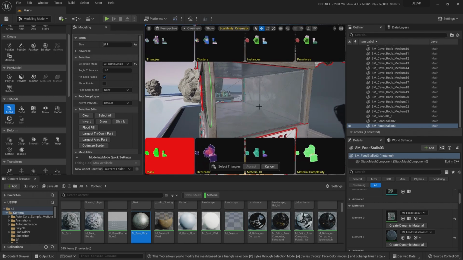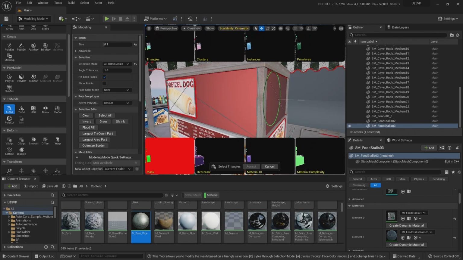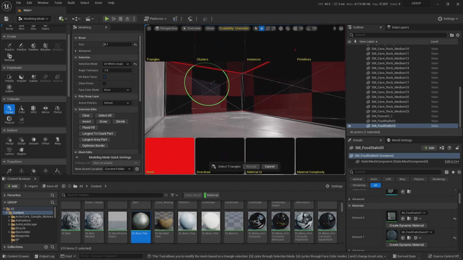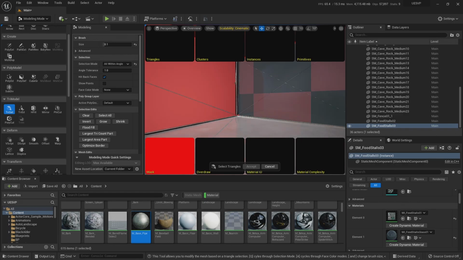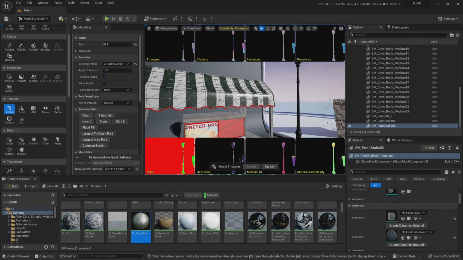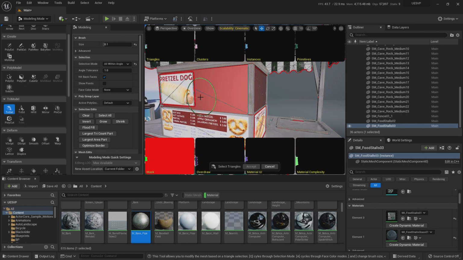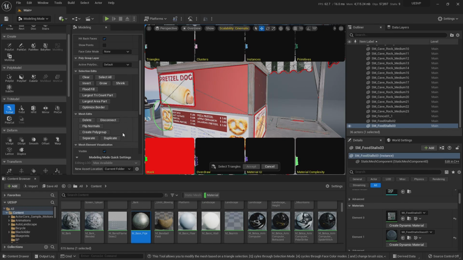So now I can select this and this one and this one, and believe it or not, I need to also select this one, and this one. I mean, it's not two-sided, it has both sides of the mesh, both sides of the glass. Now that I have this here, I can extract it, and that is called separate. Now I'm going to hit OK.